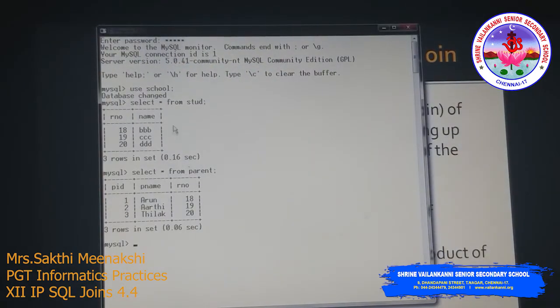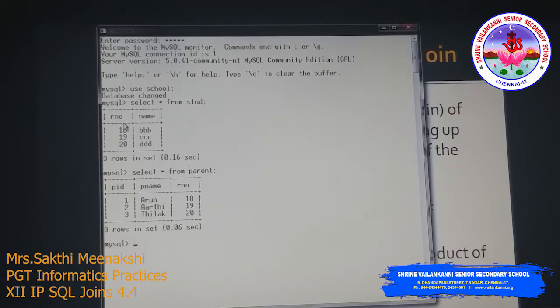We have two tables here, the student table STUD and the parent table. In the student table I have two columns, roll number and name. In the parent table I have three columns, PID, parent name and roll number. How do we connect these two tables? We should have a common column. Using this common roll number column, we are going to connect these two tables.